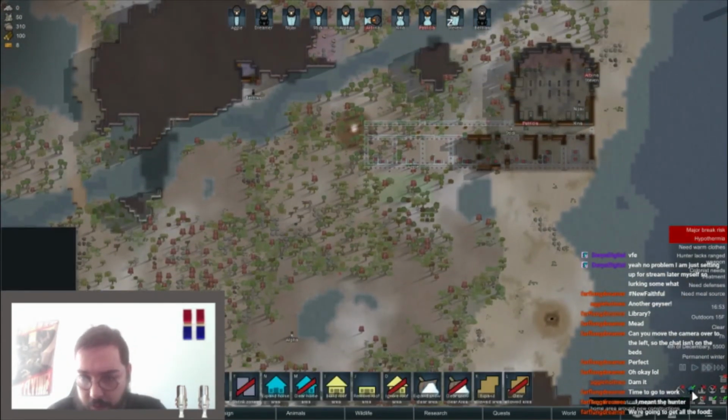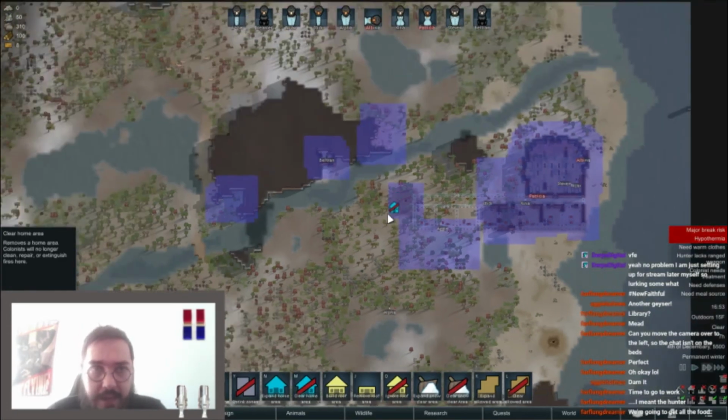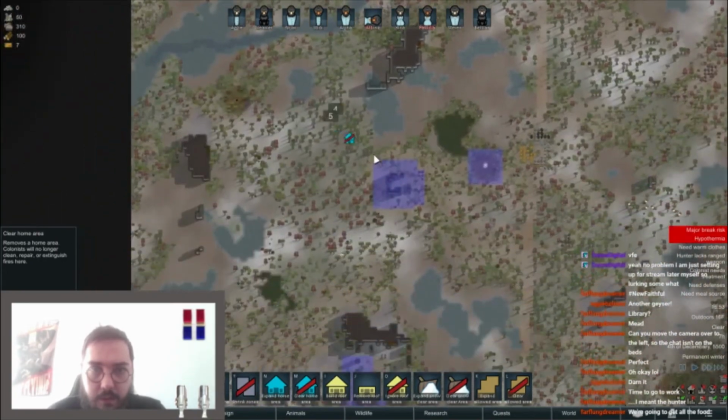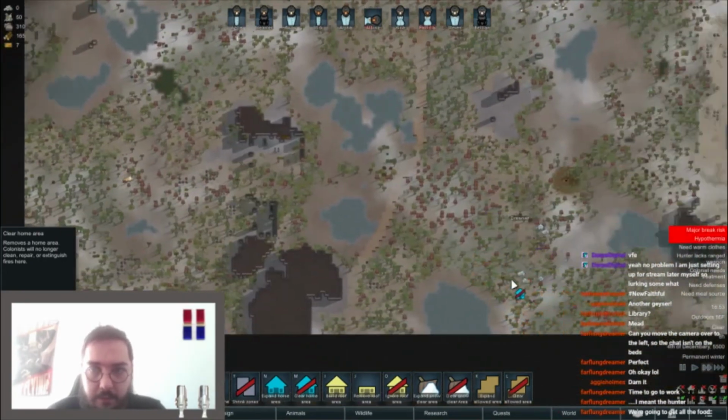Also, there's that auto home zone, and I hate auto home zone. They'll clean the home zone. Anytime you build or claim anything, it will,